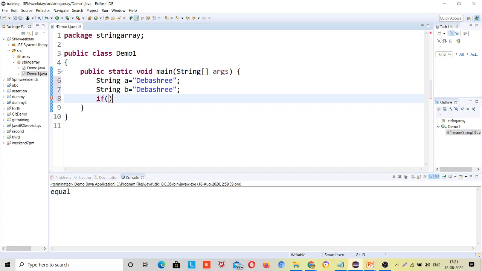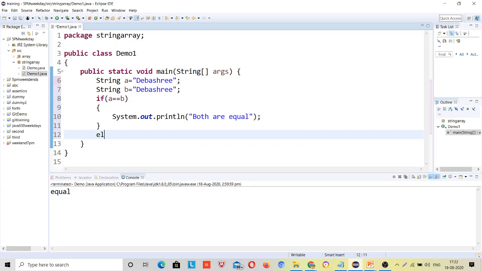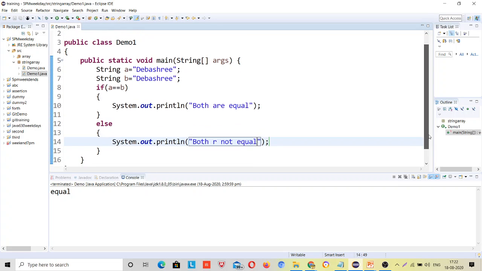If a is equal to b, sys out both are equal, right? Else sys out both are not equal. So Debashri, what will be the output?